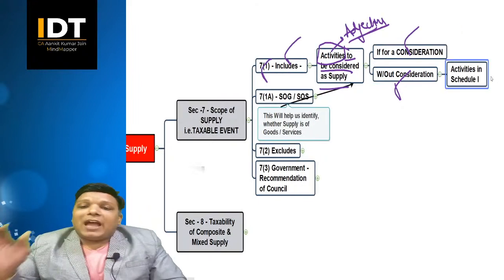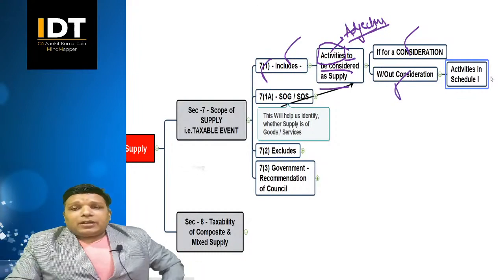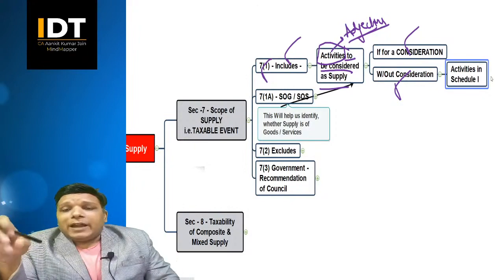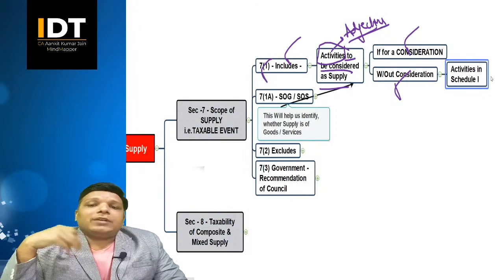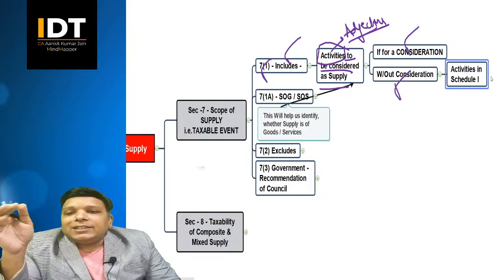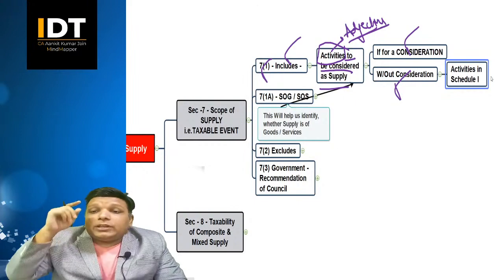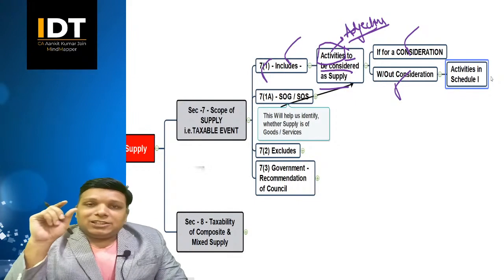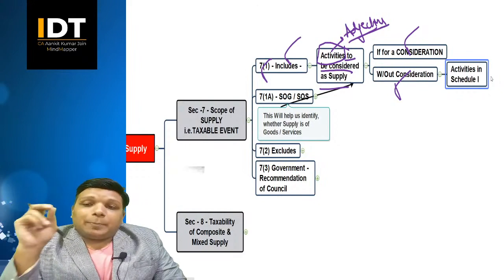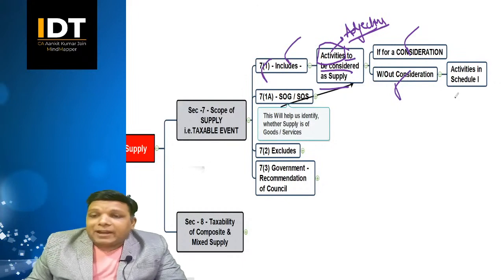So whenever we have something without consideration, suppose if I am a faculty, if I am training somebody, correct? Suppose if I am training say 100 students, out of that there are 3 students who are my relatives. I am not charging fees to them, correct? Now for 97 people I am charging consideration, for 3 people I am not charging consideration. So in that scenario, will this training which I am giving to 3 people be classified as supply or not? For that there is a separate list that has been prepared, that is called schedule